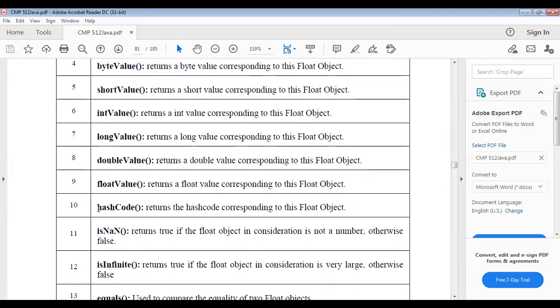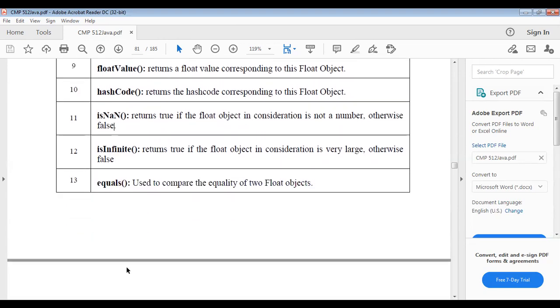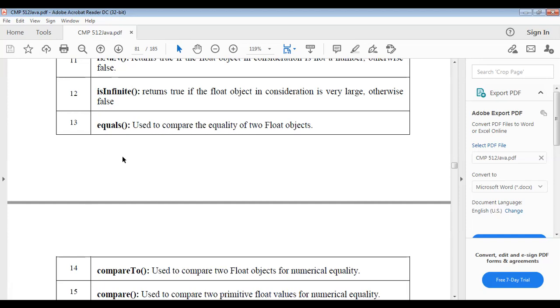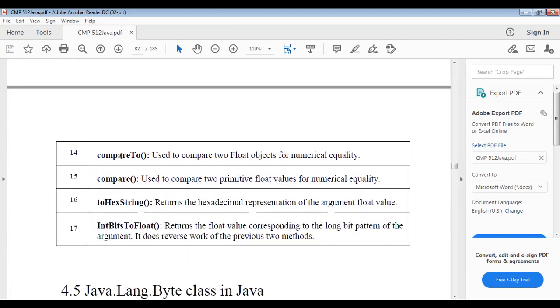There is also hashCode. Hash code is the hash code corresponding to that floating object. isNaN means is not a number: it returns true if the float object is not a number, otherwise false. isInfinite returns true if it is a very large number, otherwise false. Equals is used to compare the equality of two floating objects.